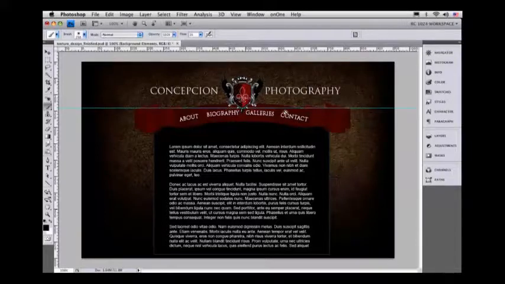Let's say, actually, you know what? I could even do this, right? Make that one button right here. I'll make this a second button right here, come over here and make this a third button, and I'll make this a fourth button. I'm really just using these guides to help me with placement. This is going to be a remnant. This is going to be a remnant. I'm not going to worry about it,